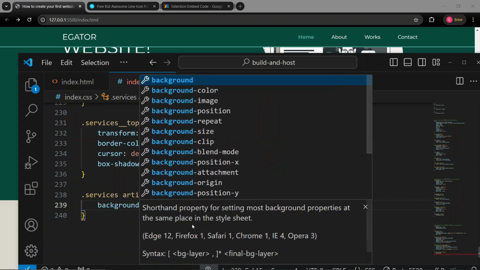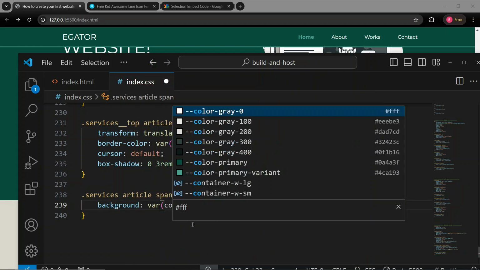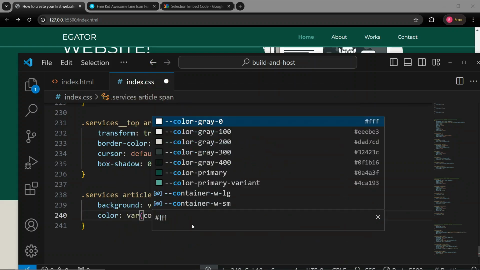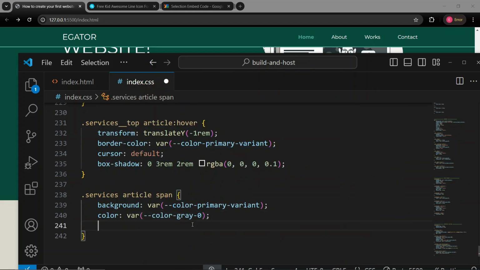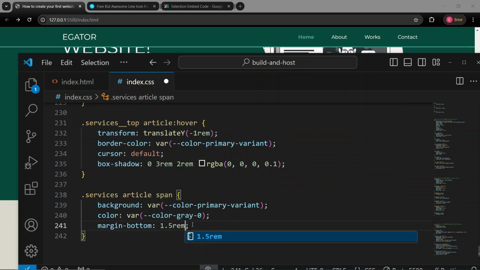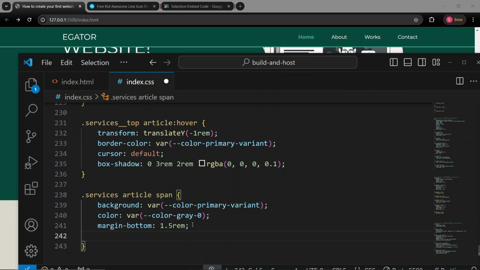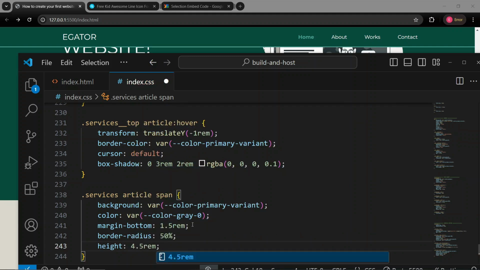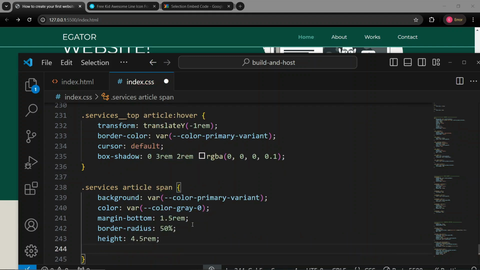Let's give that a background of color primary variant, a text color of color gray 0, a margin bottom of 1.5 rem, a border radius of 50%, a height of 4.5 rem, and I'm going to have an aspect ratio of 1:1,